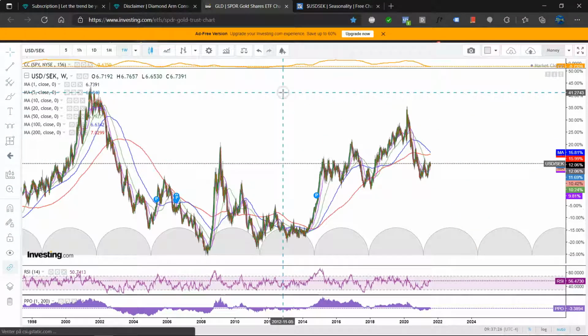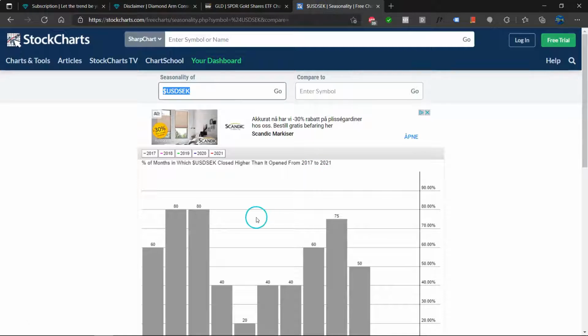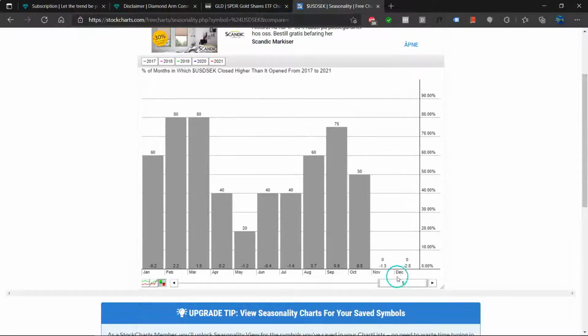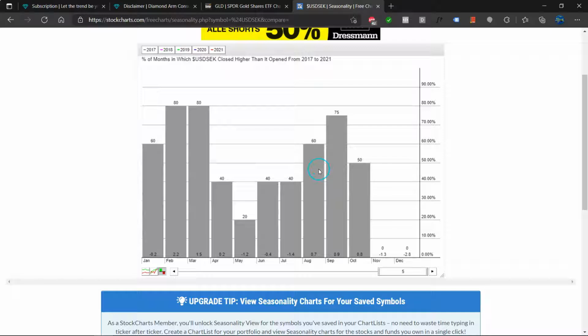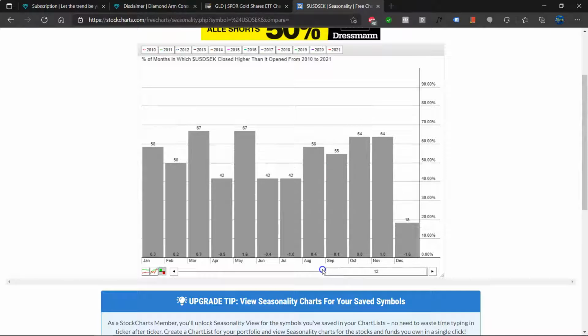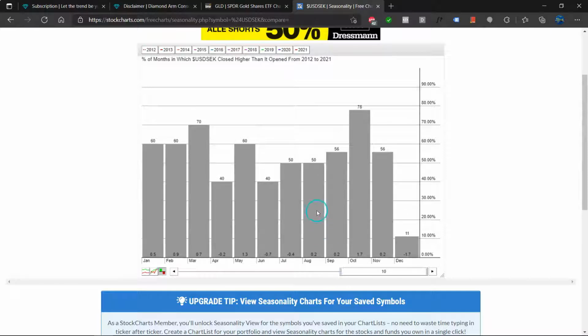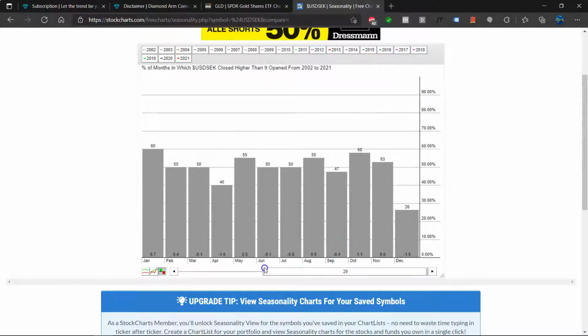If we quickly now look a bit at the seasonality. So this is the last 5 years. We tend to see the strength here for the US dollar in August, September, to some extent also October. Over the last 10 years, we do see strengthening, peaking here in October. Looking at the last 20 years, August is one of the stronger months, but we are only talking about the